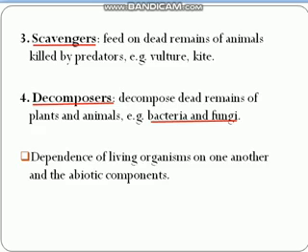Now let's talk about the dependence of living organisms on one another and also on the abiotic components of the environment. While studying the biotic component, we came to know that out of the four categories, out of the four groups, there is only one group which can make their own food. That means सिर्फ producers अपना food खुद prepare कर सकते हैं. While as all the three categories, other three categories, that's consumers, scavengers, and decomposers, they depend directly or indirectly on the